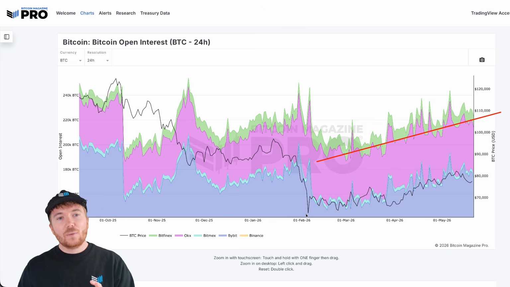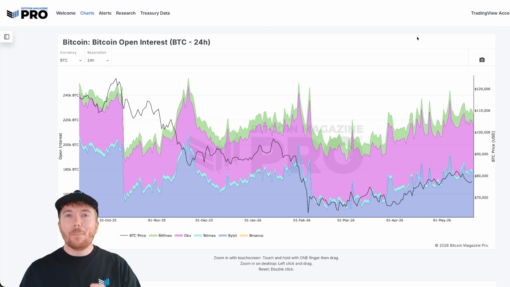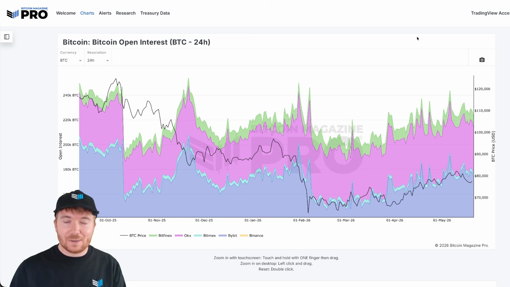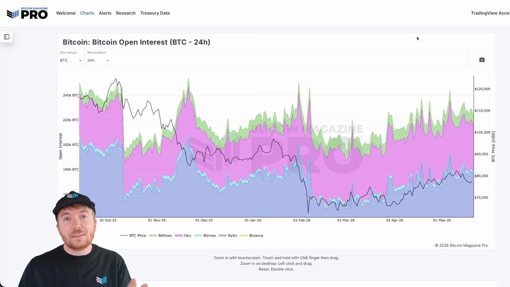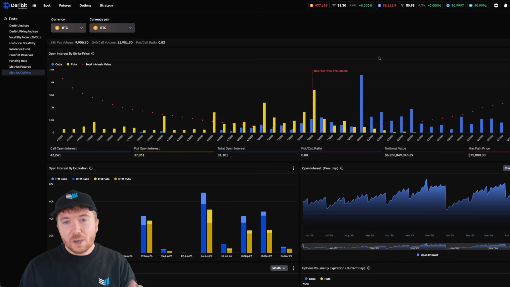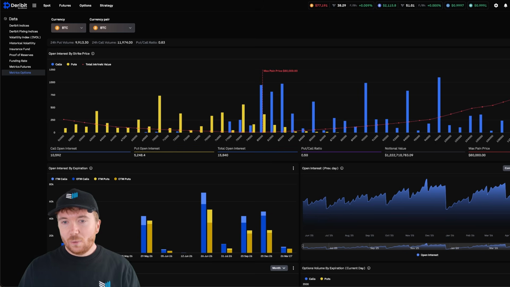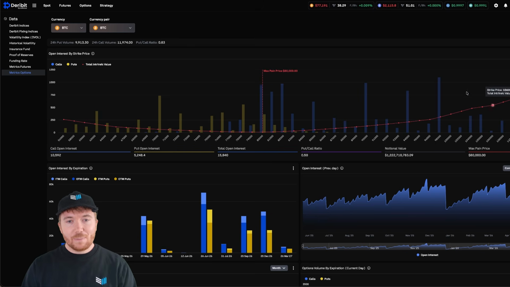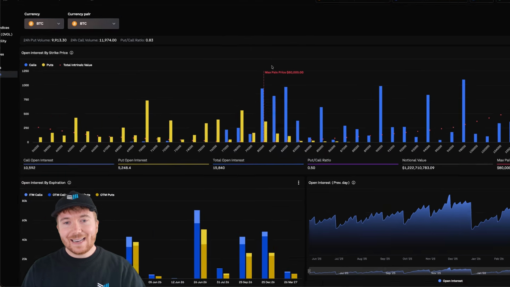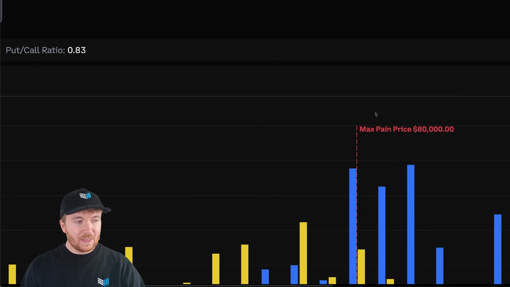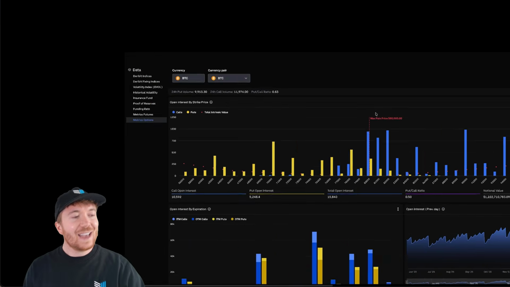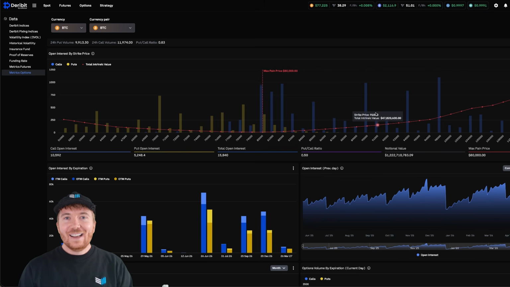Now, from what I said earlier of the max pain price being beneath us at around $75,000, aligning with that active address sentiment indicator and those big liquidation clusters, if we just go back to there a bit and look a couple months into the future to potentially the end of July, we actually see something different. The max pain price here is actually $80,000. That's obviously higher than the current price. So we've got a couple interesting things going on here.